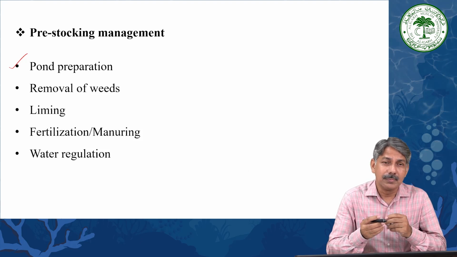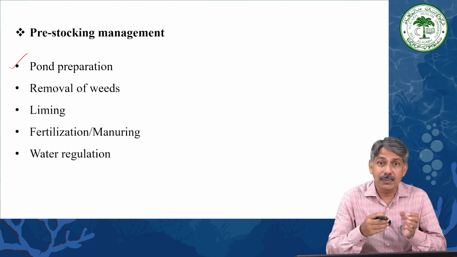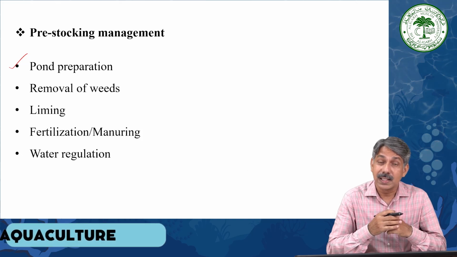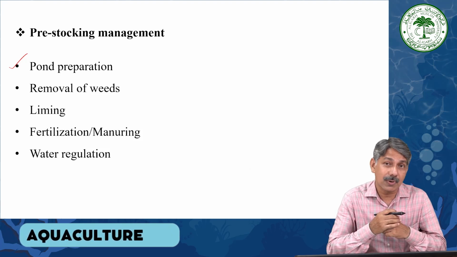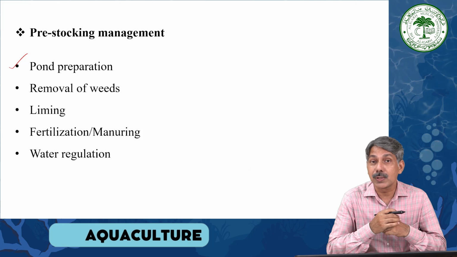It should be easily accessible, so that you can transport your produce, and you should have the soil characteristics and water characteristics in the optimal range required for fish growth, and there should be adequate water source